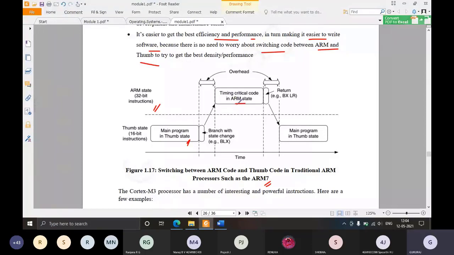To change the state from Thumb to ARM, you can see this much amount of time is wasted. Same thing is happening here: once this computationally intensive work is done, to change back to Thumb state, again this much amount of time is wasted.